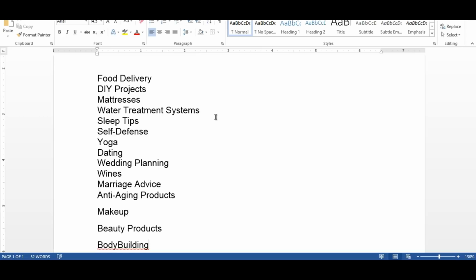How do you analyze the keyword volumes, what profit I can make from these keywords, and how the search volume is? So you have to look at all kinds of volumes and the keyword capacity on this keyword. I'm going to take the first idea to do my research: food delivery.